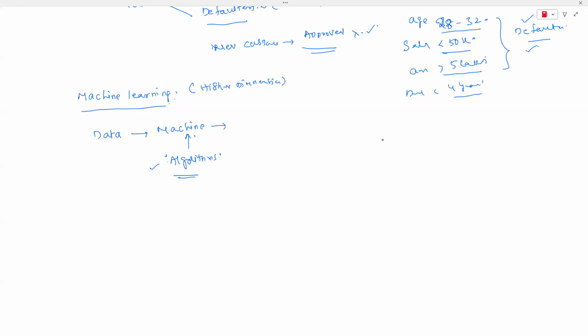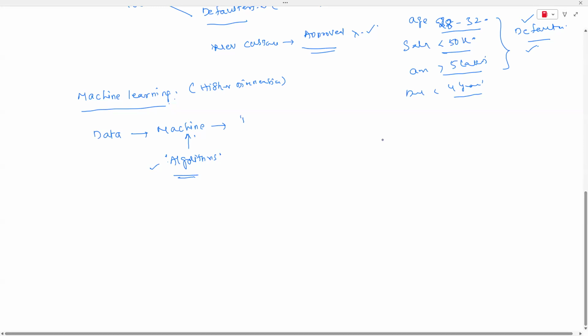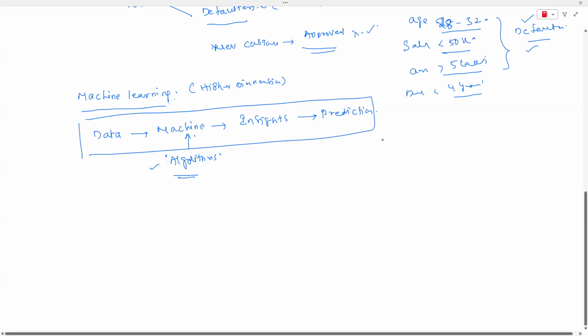So you give the data to the machines. With the help of some algorithms, the machines learn and give you some kind of insights. Based on these insights, we can do some kind of prediction. Everything is done by the machine here, guys. These normal traditional algorithms we call machine learning.